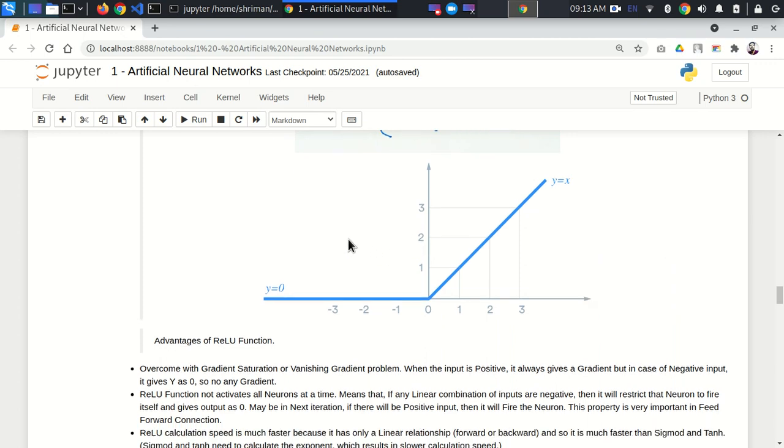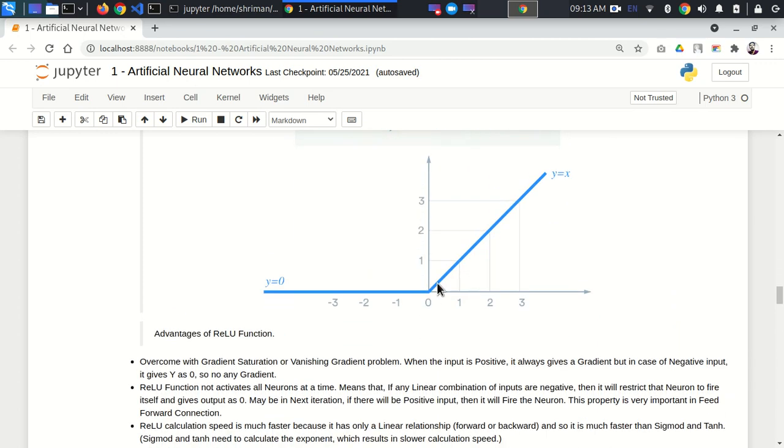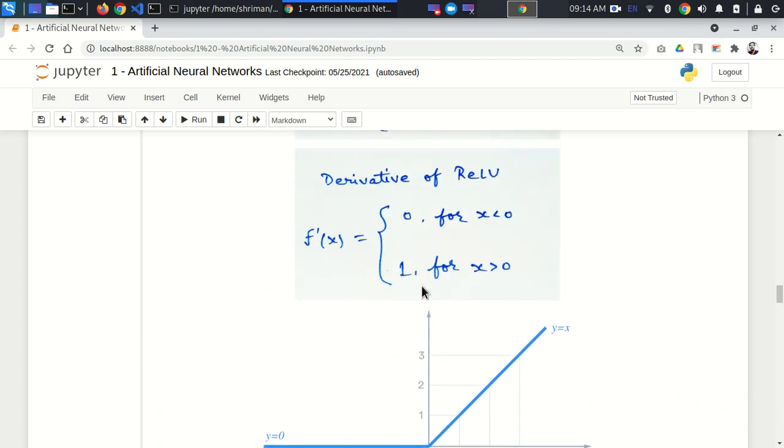So guys, whenever we pass any data into a neuron in a hidden layer, and we use the ReLU function, if the linear combination of inputs is -1, then ReLU will restrict that neuron from firing. I was saying that the activation function is responsible for restricting a neuron, right? So in this case, it assumes some kind of condition, and on the basis of that condition, it restricts that particular neuron. So see what is actually happening in this case.